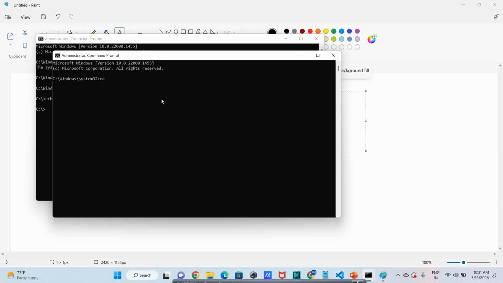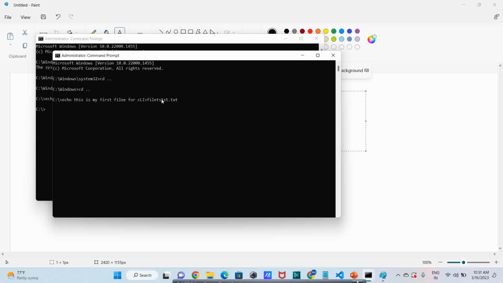Then cd .. to go to the C drive, and if you type echo, this is my first file for CLI, and you give a file name, file test .txt, anything you can give.